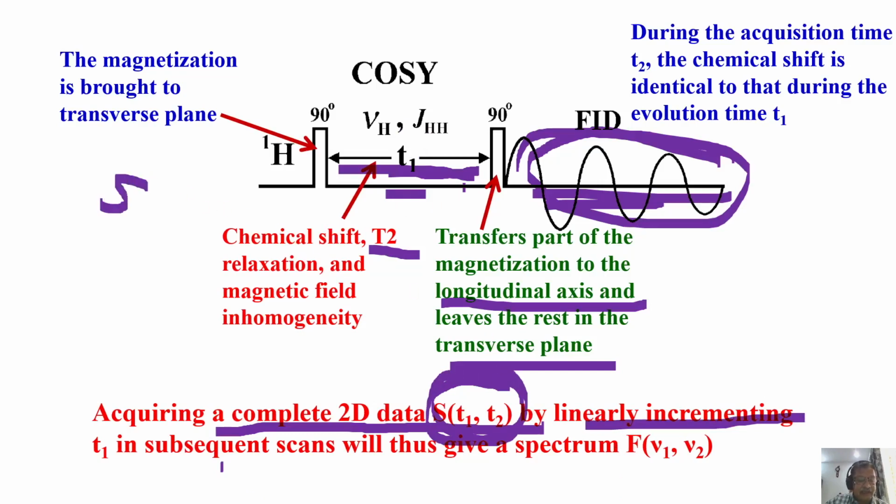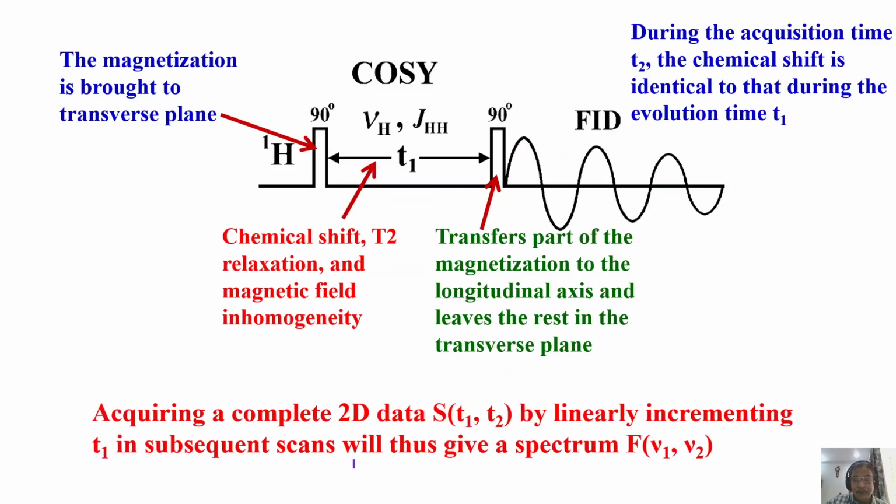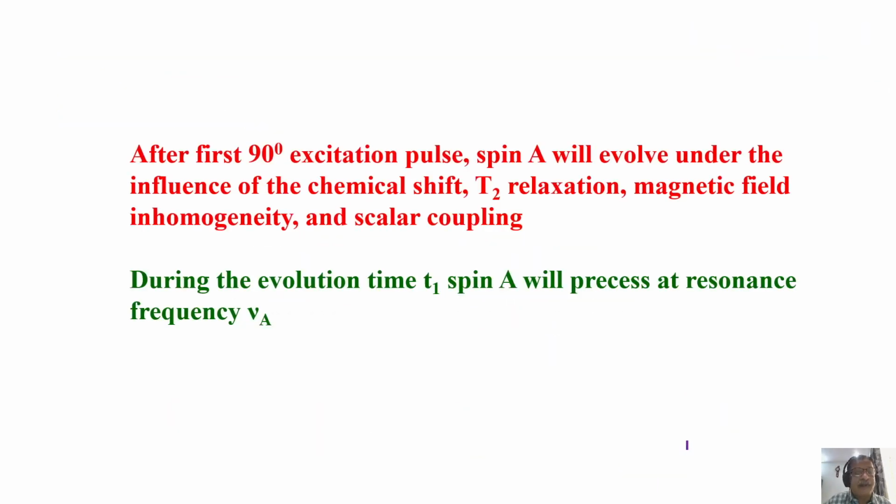The time domain signal is given as S of T1, T2. The signal S is in both the dimensions, called T1 and T2. You see that represented as S(T1, T2). That means you got the signal in 2 dimensions. Now do the double Fourier transformation, which I showed earlier. Then you are going to get the frequency domain spectrum in both the dimensions. That's all you are going to get. This is what the experiment does.